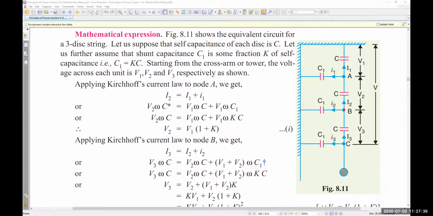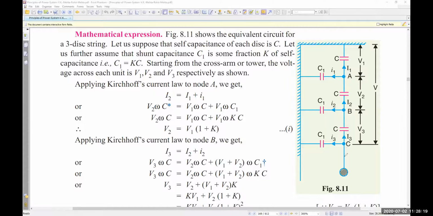And between this disc and this disc you have another metal link. From that metal link to the tower you have another shunt. This is also metal, this is also metal. Here you do not need any shunt. Why not? Because here the voltage is ground, that means 0. This voltage is also 0. If there is any voltage difference like these, there will be shunt capacitance. If there is no voltage difference, there will be no shunt capacitance. So you have C1, C1, C1. You have C, C, C.